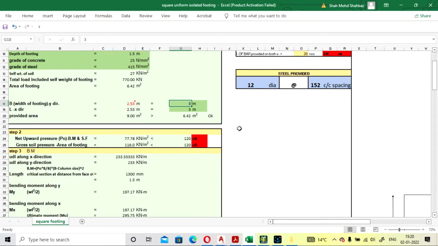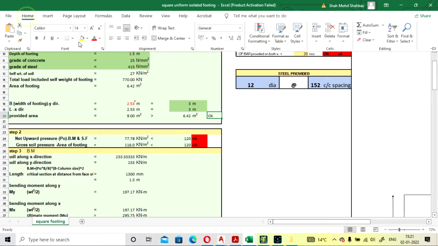Now this size will be considered in your design. This will be your calculated size and this will be your taken size, so take more than your calculated value. It is 3 by 3, so its area will be calculated as 9 square meter, which is greater than our calculated area. Here it is showing okay.